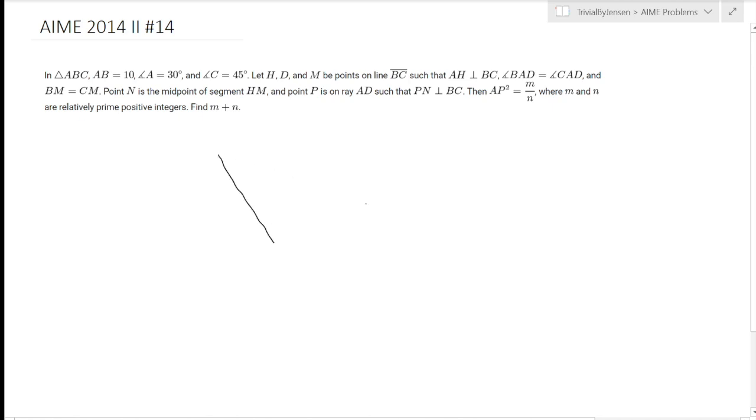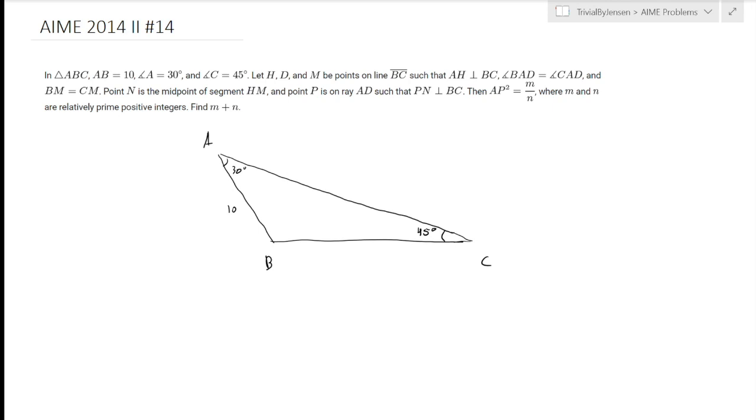ABC. And angle A, we know it's 30 degrees. And then angle C is 45. And then we know AB is 10. And now we're going to add points H, D, and M on line BC. So let me extend BC